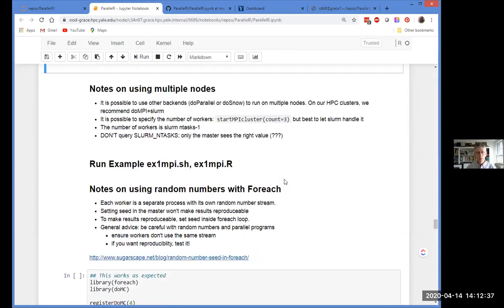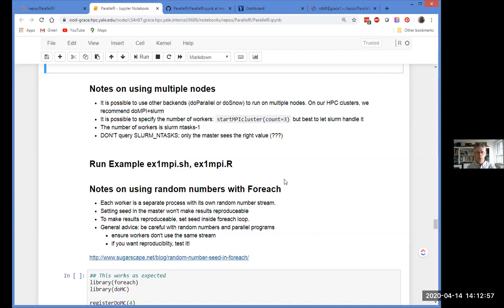So you don't have to use doMPI, and in particular, if you're running on a Windows box, you might want to use doParallel. I'm not sure I'd recommend doSNOW. The way doSNOW works is it uses SSH to start workers on multiple nodes.